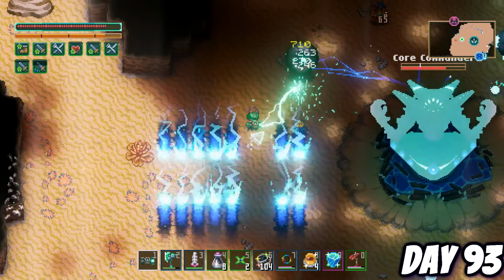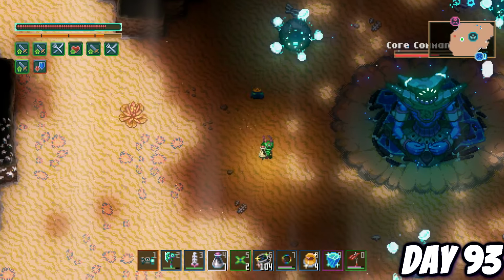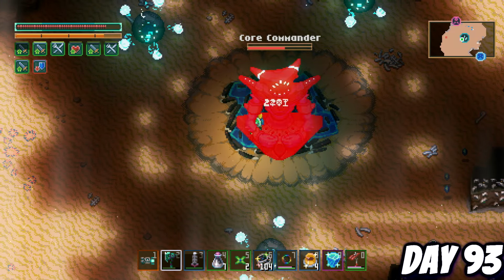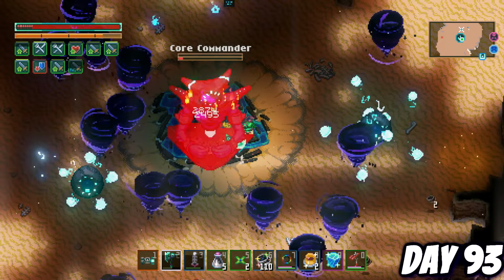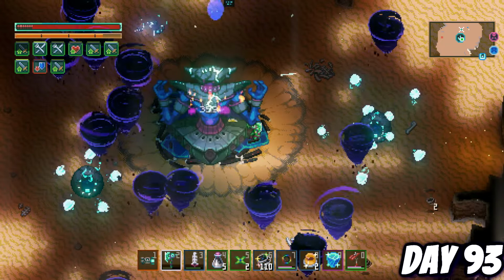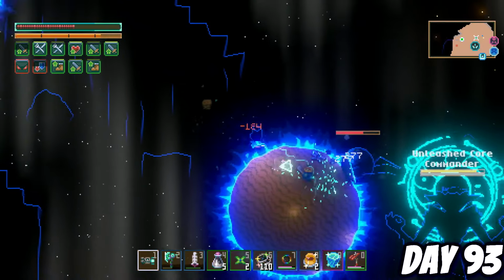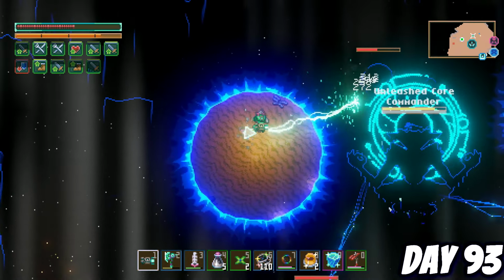But straight back into the fight, avoiding more of the lightning thunder charges, I whittled him down and I could get in some proper big melee hits. The next phase he would summon these purple vortex tornadoes that would do damage and suck you in, before another phase where it would summon these dark areas that you had to stay out of, otherwise they would do continual